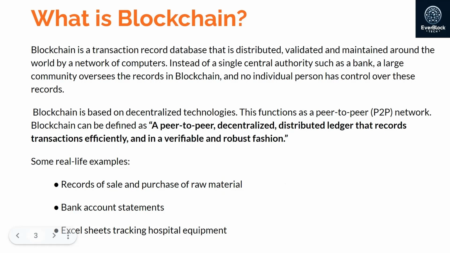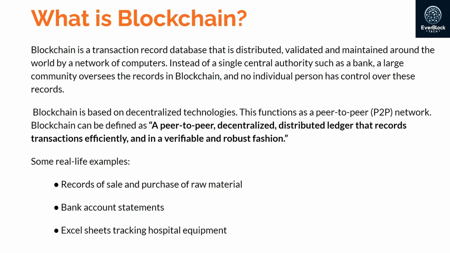So what is blockchain? Blockchain is a transaction record database that is distributed, validated, and maintained around the world by a network of computers. So instead of a single central authority, such as a bank, a large community oversees the records in blockchain, and no individual person has control over these records. Blockchain is based on decentralized technologies, and this functions as a peer-to-peer network. And blockchain can be defined as a peer-to-peer decentralized distributed ledger that records transactions efficiently and in a verifiable and